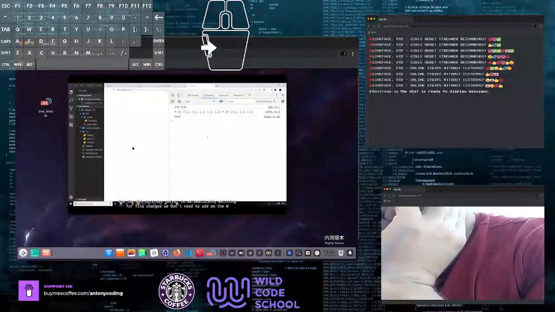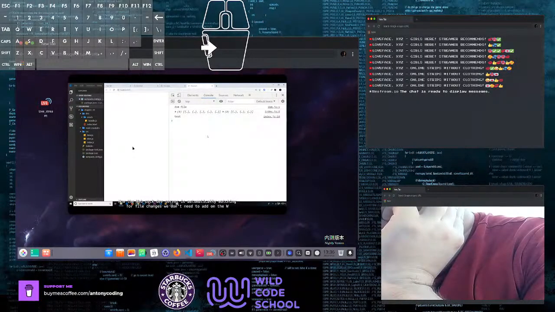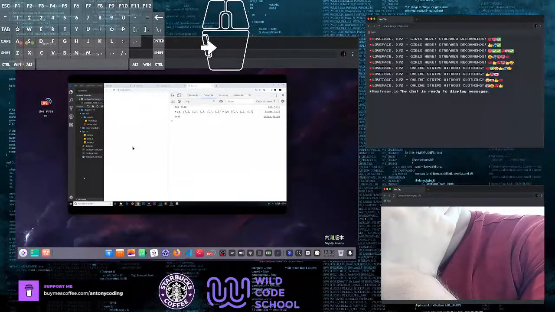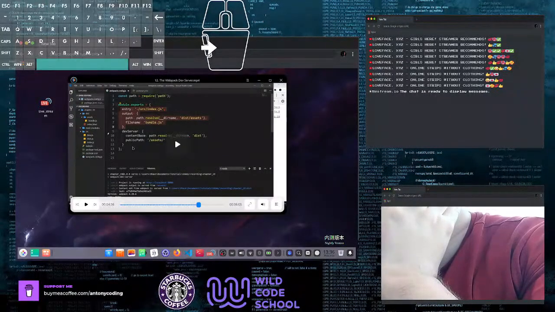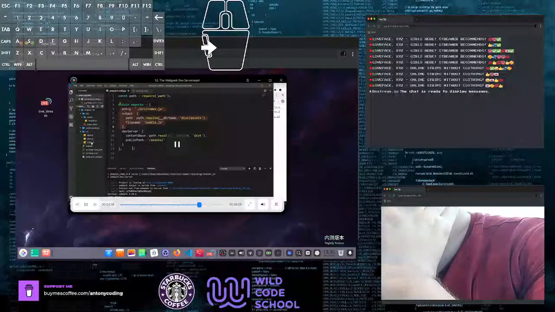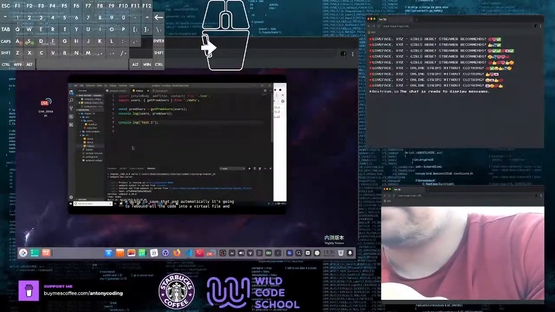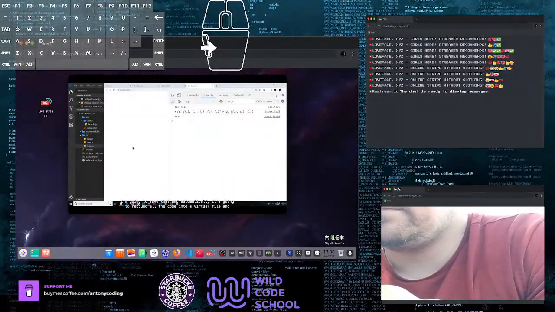Now the Webpack Dev Server is automatically watching for file changes. We don't need to add on the w flag. So I can test this by coming to one of our files, like index.js, and I'm going to change this to test2. I'm going to save that, and automatically it's going to reboot